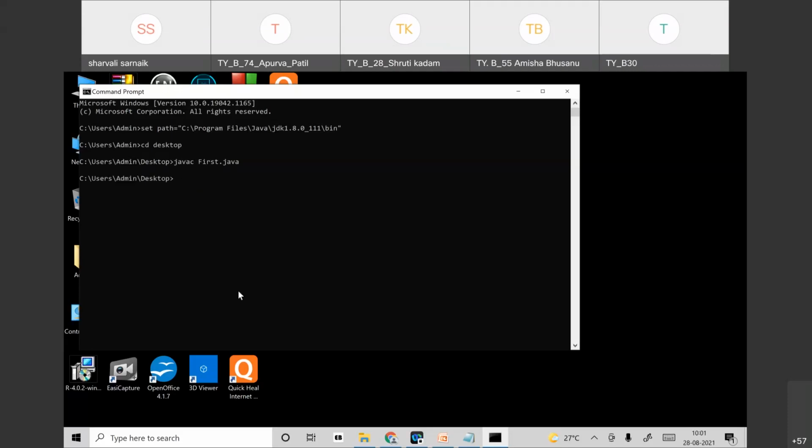Now I have to run my Java file. So how to run my Java file? Just write java and the name of the class without any extension. So the name of the class was first. So I am writing here first. This is the name of the class or name of the file. Okay, only the name of the file you have to write without any extension.